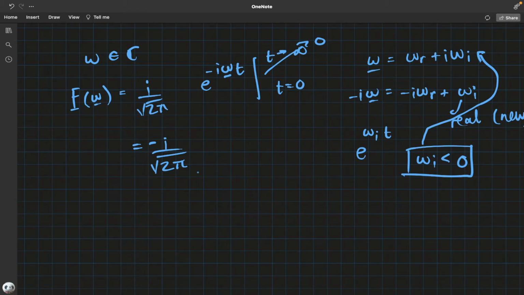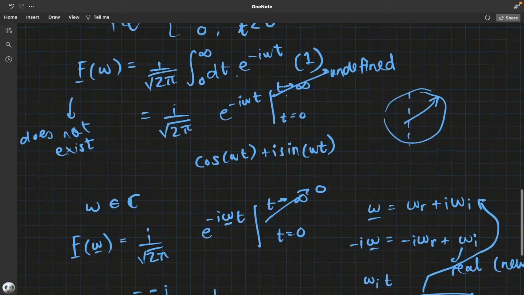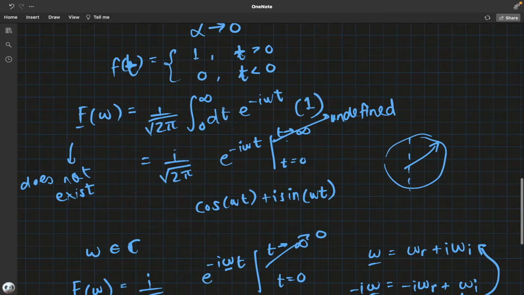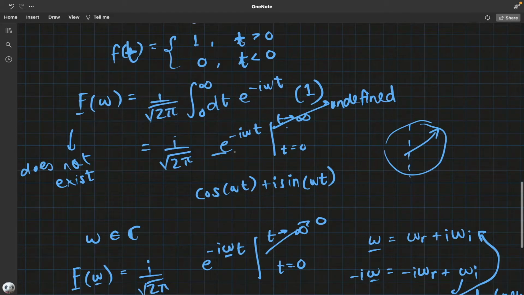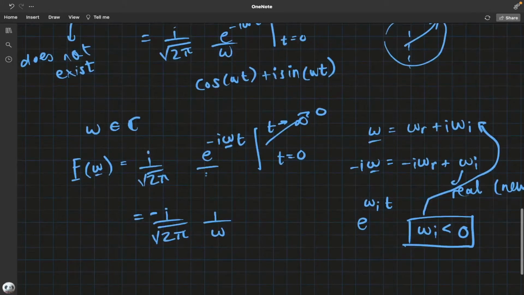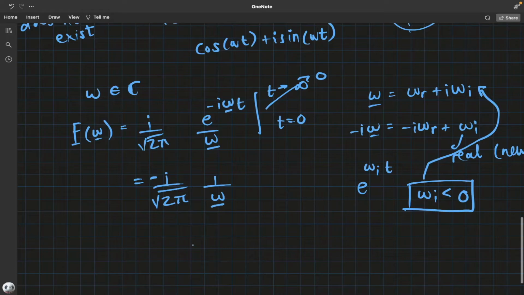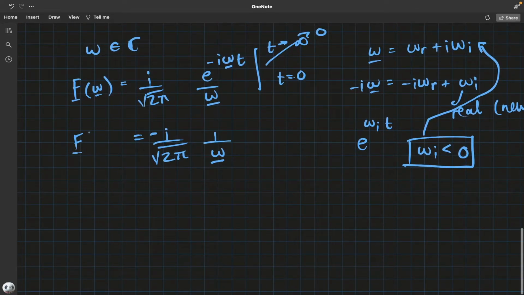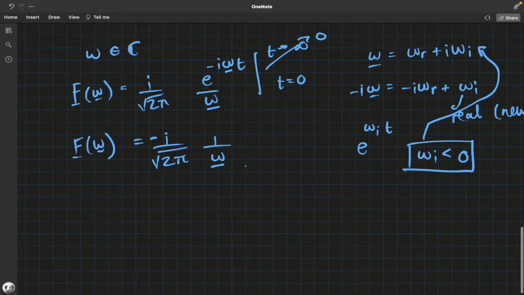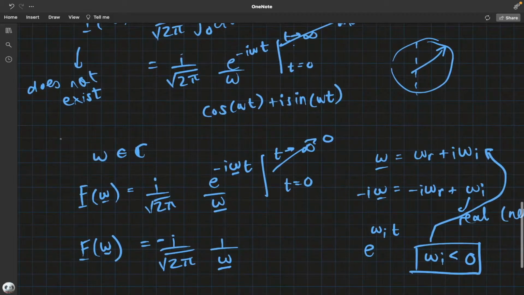This is essentially it. Yeah, I think I forgot a factor of omega somewhere. Yep, there should be omega here. My bad. There we go. That's the alleged Fourier transform, or should I say modified Fourier transform, because we've made the frequency